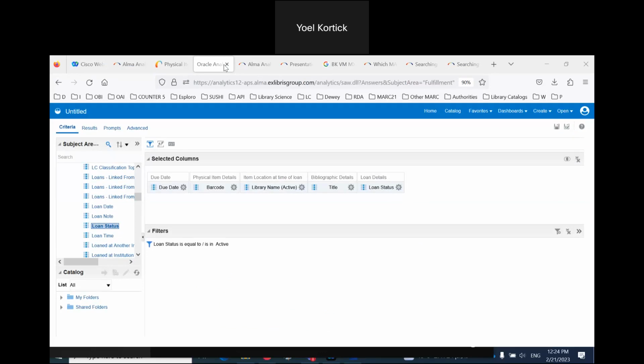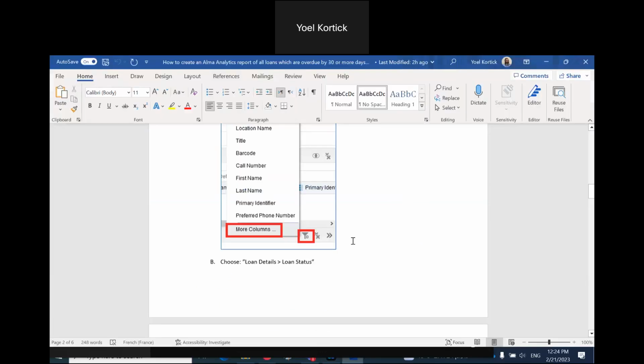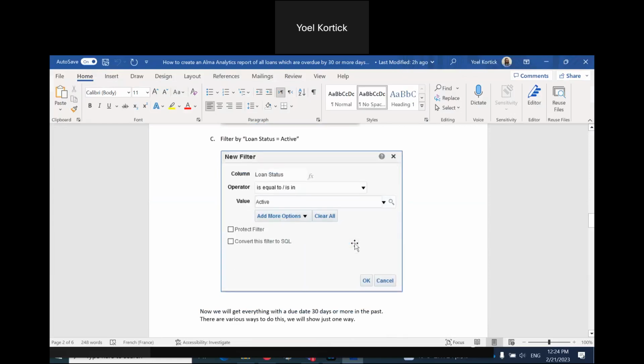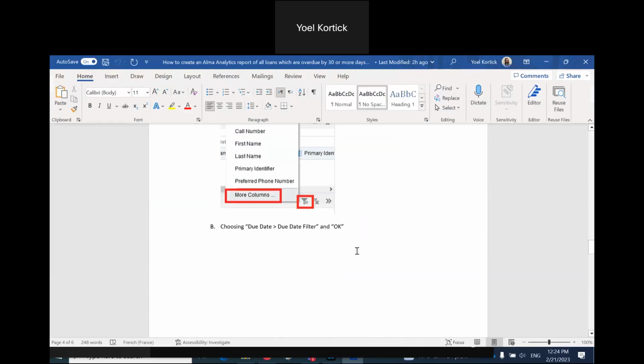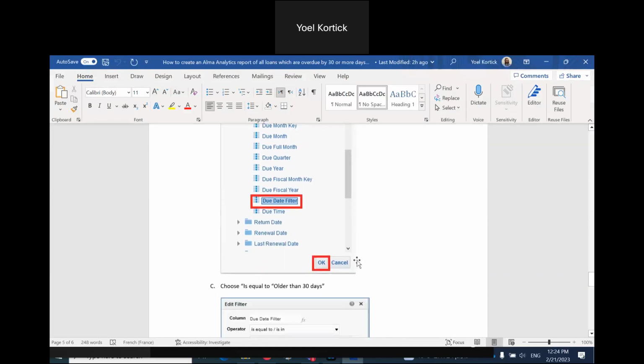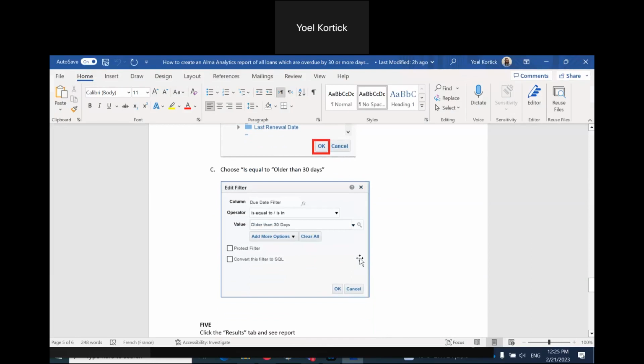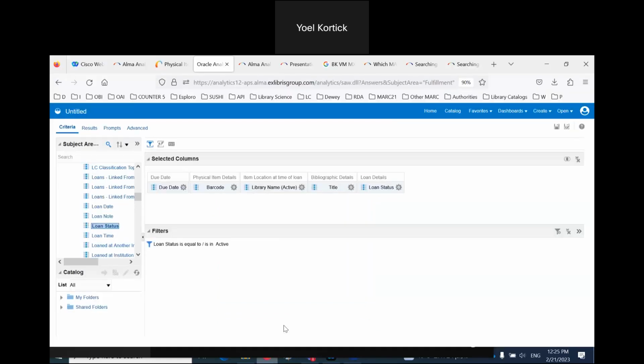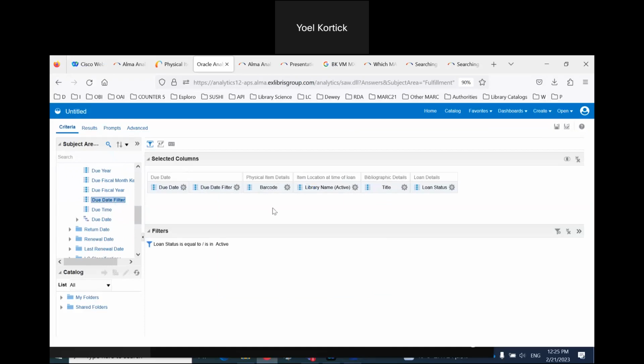Then we'll say, let's see here. So we filtered by active. And let's also filter that the due date filter is more than 30 days because we want ones that are due at least 30 days ago, at least 30 days. So under due date, we've got this due date filter. And we'll say here, let's even say more than 30 days. Let's go crazy and say a week. I mean, a year